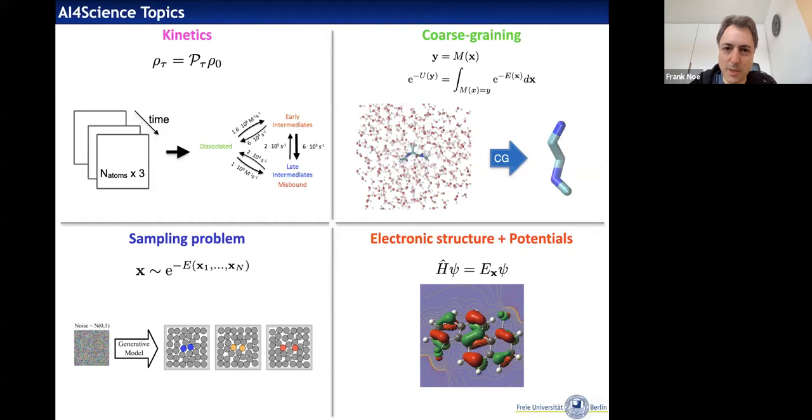Now, in that spirit, we're working on several applications of machine learning to the molecular sciences. As Rebecca already said, we've been working a lot on molecular kinetics after I set up my group in Berlin. Especially working on things like Markov state models, and there are also now deep learning versions of Markov state models where, based on a variational formulation that we have developed, the deep neural network is trained to find an optimal transformation of the molecular coordinates into collective variables that determine the slow processes, so the rare events in the system, and then basically learn a Markov state model in that space it has learned.